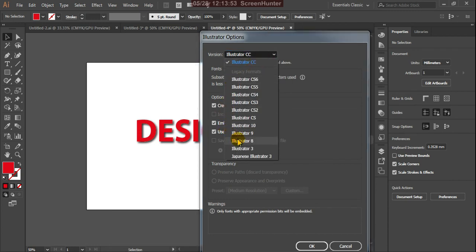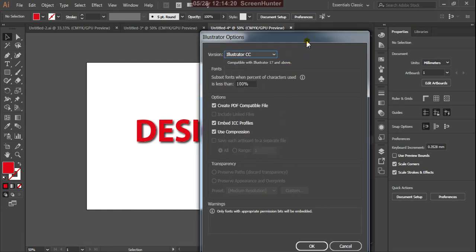Suppose he is using a lower version, Illustrator 8 or CS4, and your CC latest version file, he cannot open in their program. So that is the reason, always try to give the lower version. Even though you are using the latest version, try to give the lower version for commercial printing, so then anyone can open that file.